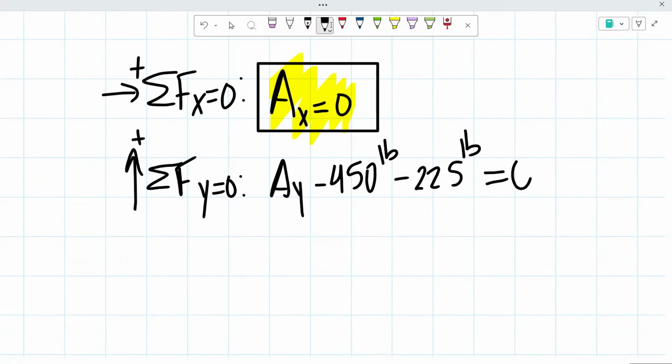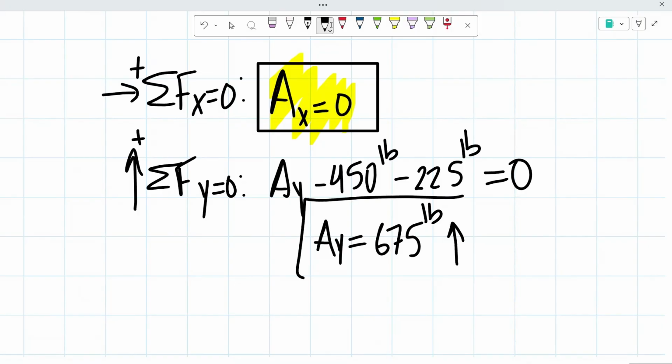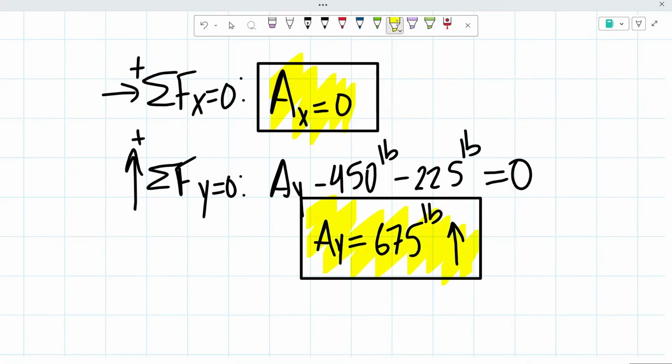And we know that that has to equal 0. We end up getting that A sub y is equal to 675 pounds. We ended up getting a positive number, meaning that we assumed correctly. So we do know that A sub y is going to be acting upwards with a force or magnitude of